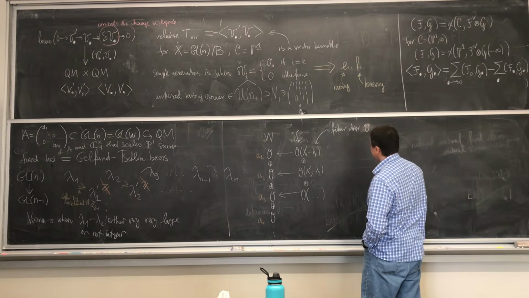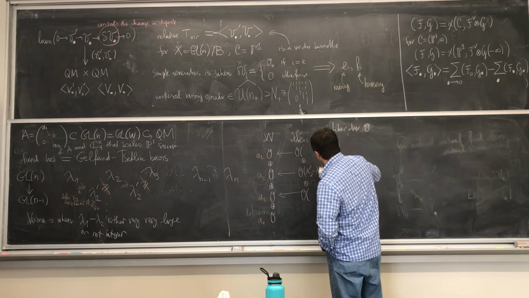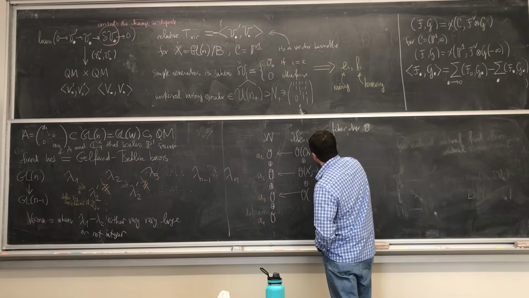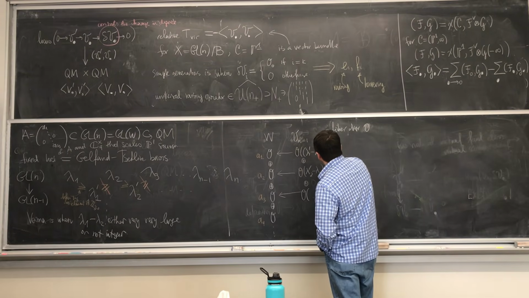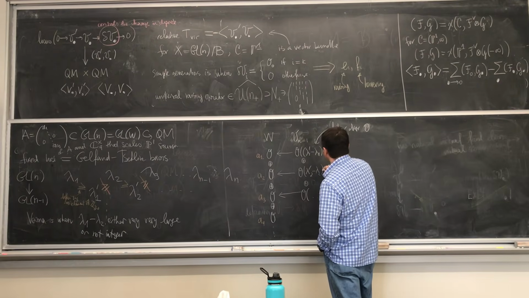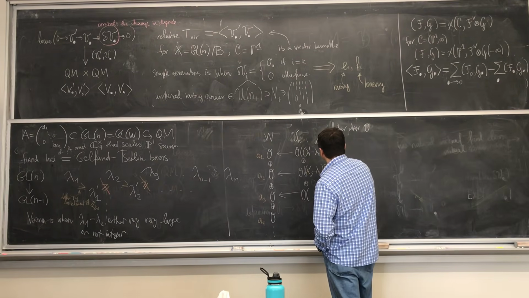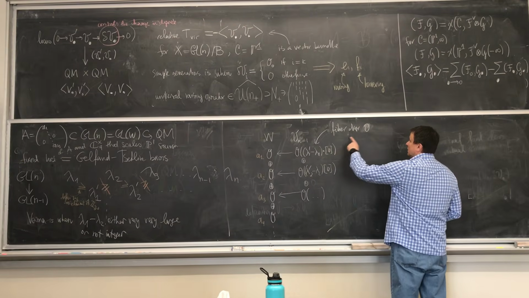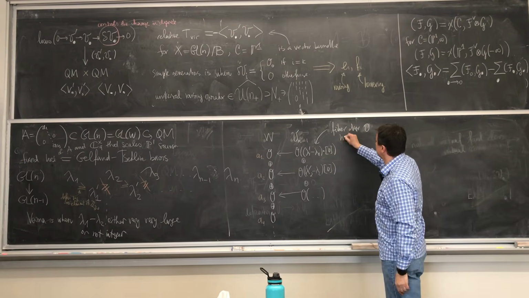And maybe I should write, to be specific, lambda 1 prime minus lambda 1, and then times 0. So I look at functions that vanish to a certain order. So fiber over 0 has weight